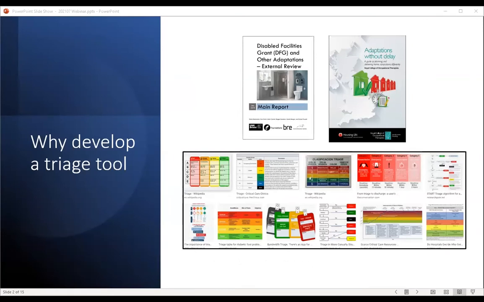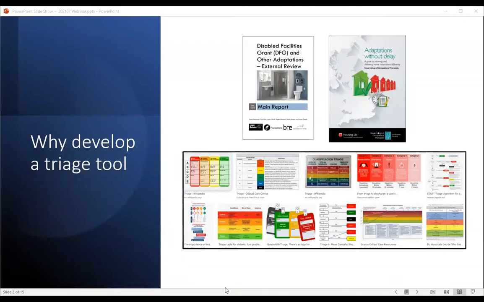Okay. Just in terms of the triage tool that I'm working on with Foundations and also the team I'm working with in Calderdale. So why develop a triage tool? Lauren has mentioned that we've recently got feedback from Adaptations Without Delay. One piece of feedback is that it's a great document, but we need some tools to support it. So I'm hoping that the triage tool is one of those tools that can support people implementing